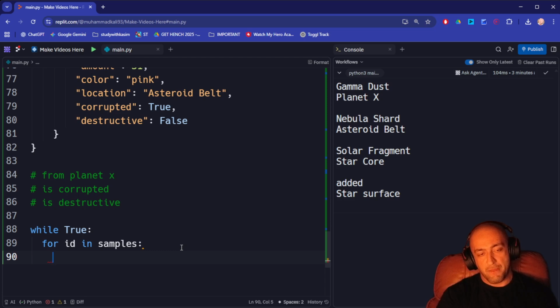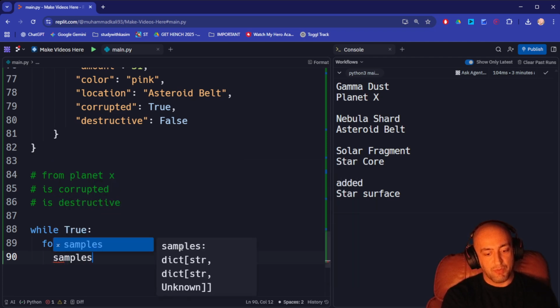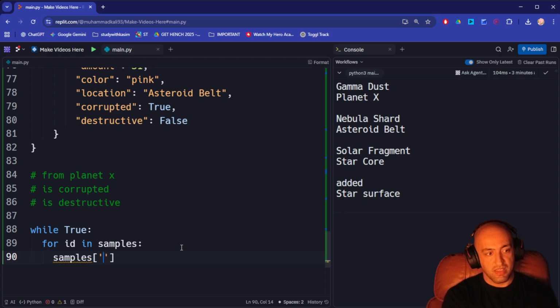We're going to say now, okay, we'll say samples ID, and what do we need? We need planet X, which is going to be the location. Location. Okay, so if this location is equal to planet X,